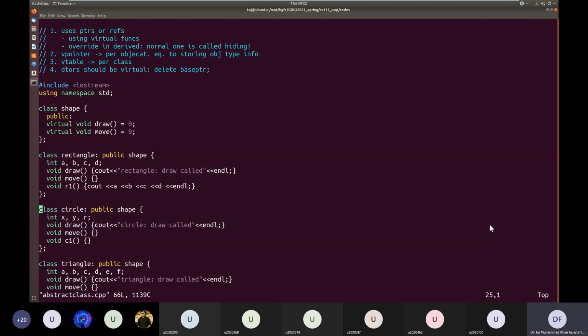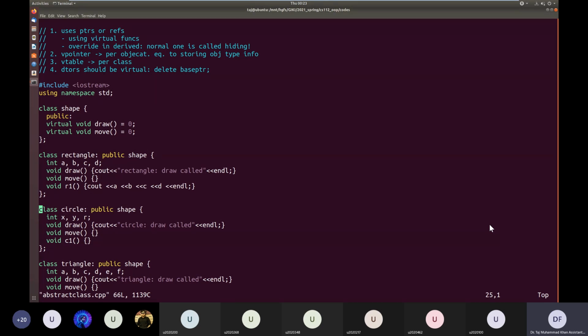Just like our shape class has functions like draw, move, and it can have other functions like rotate, etc. In itself, it is not implementing any of those functions, but it is providing a common interface to all the derived classes, such that every class that derives from this base class will implement these functions. So it will override these functions. These functions are virtual, so derived classes will override them and provide their own implementation.